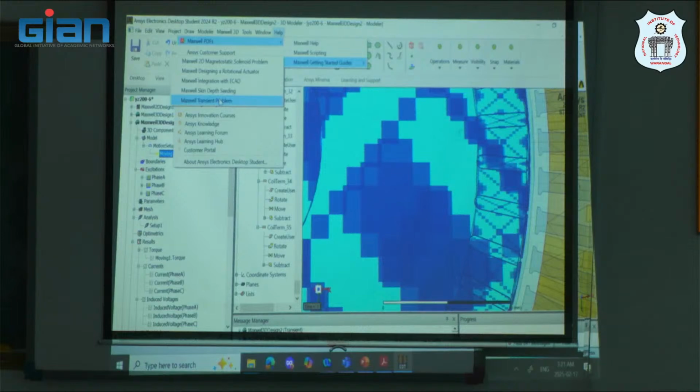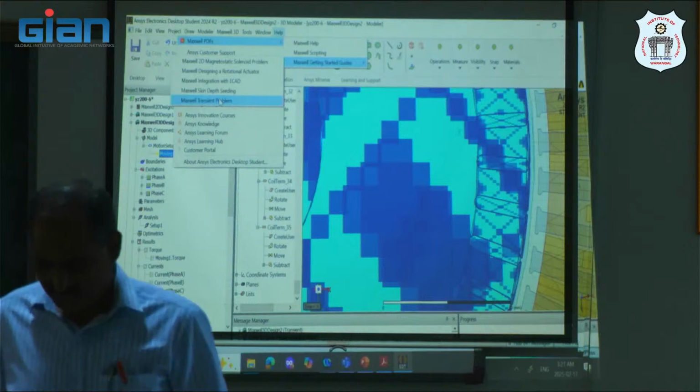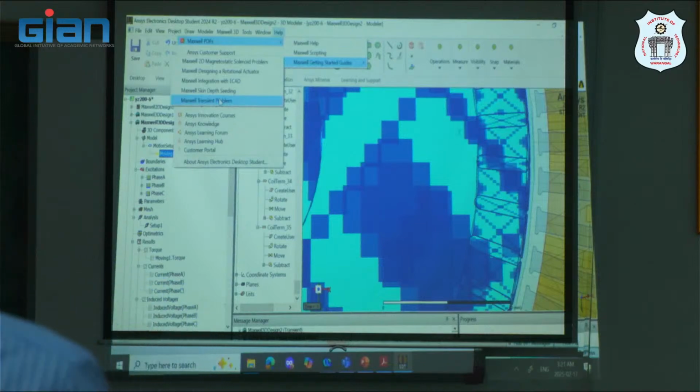So it's a tool. I'm not talking about this specific vendor's tool. What I'm saying is any finite element simulation tool is a very useful tool, because modern day industries are going towards what is called creating a digital twin of a hardware system. So they expect engineers to be able to work with hardware, software, and a mix of both tools. And these kind of tools are